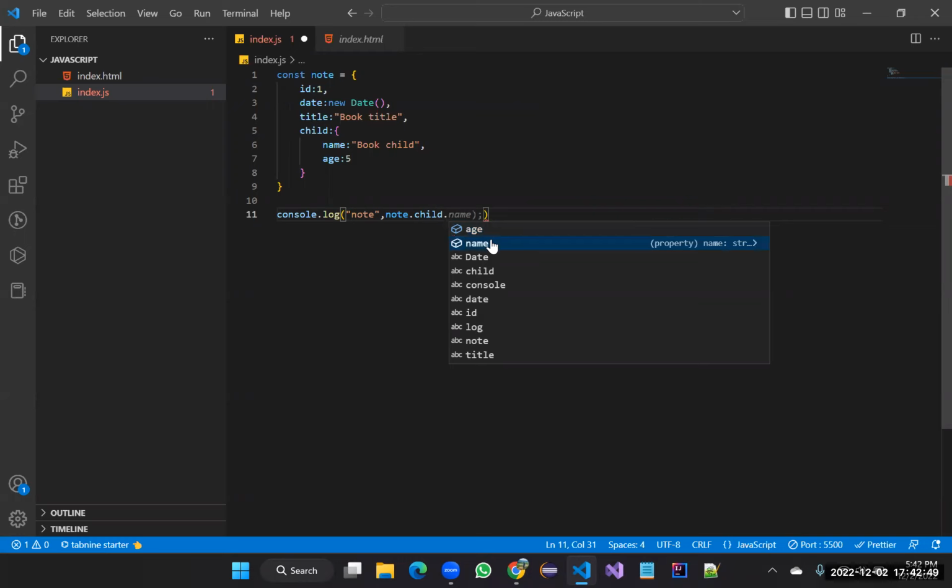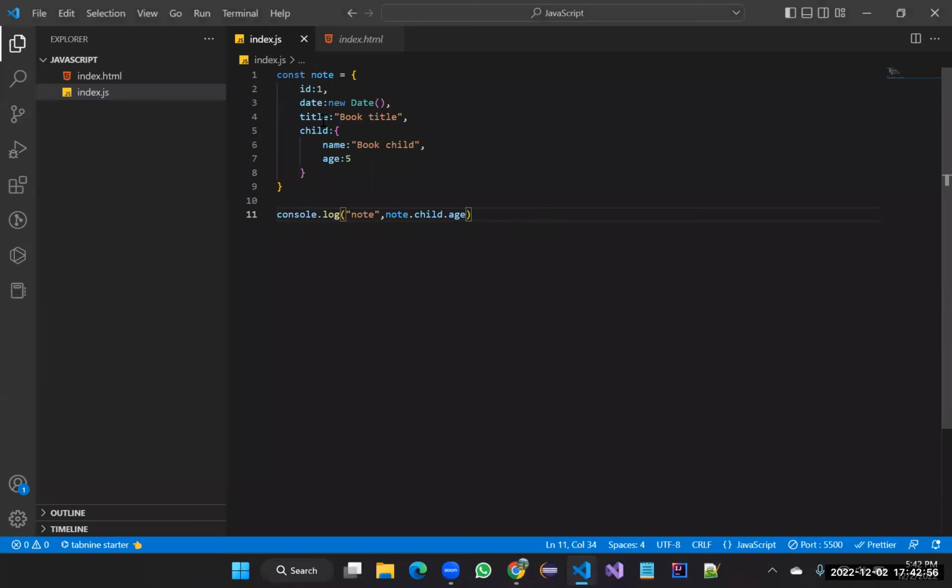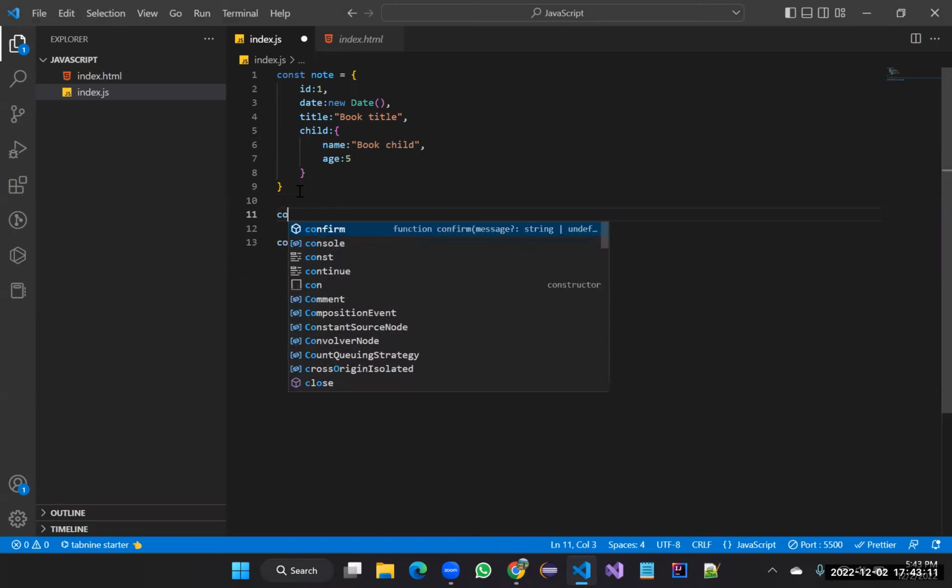So I'll just take the age and try to print this. You can get the value of that particular item. This way is okay, but if you have multiple chains in an object, accessing those things becomes very hectic and a long process. So in order to minimize that, we'll directly